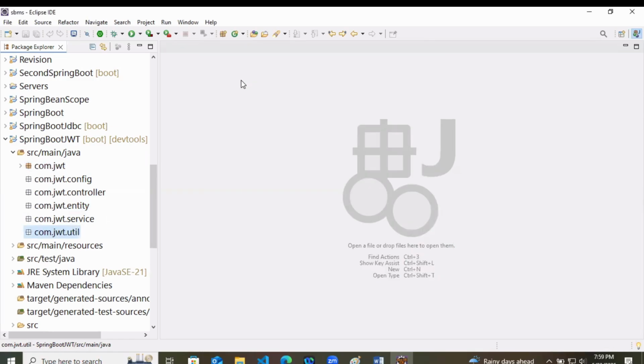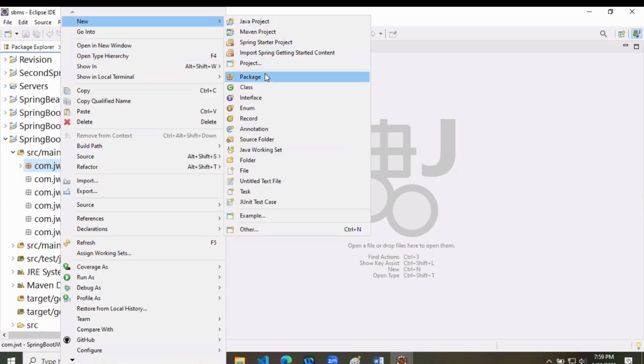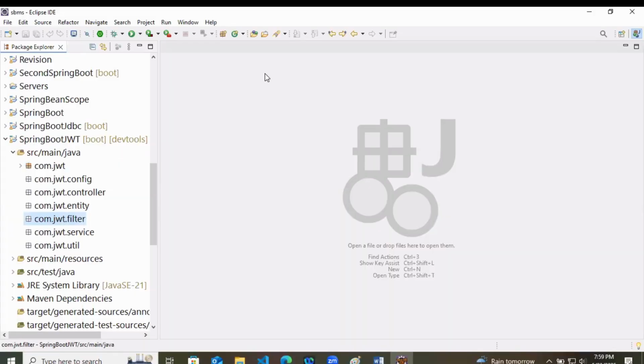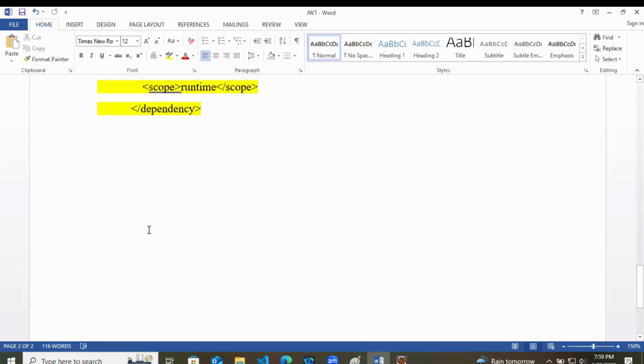One as util, where we will provide the utilities of JWT, and one more package as filter, which will filter out the things. I already told you it is a bit complex to understand, but you can do it by revising it two or three times. So config, controller, entity, filter, service, and util, that you have to create using the base package.